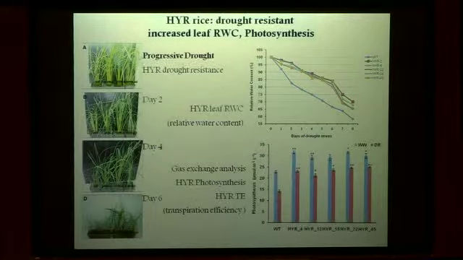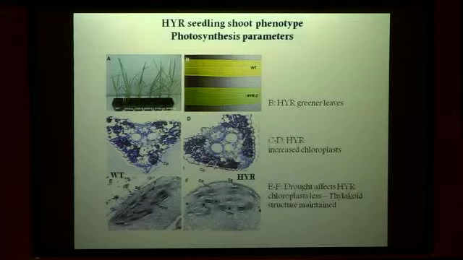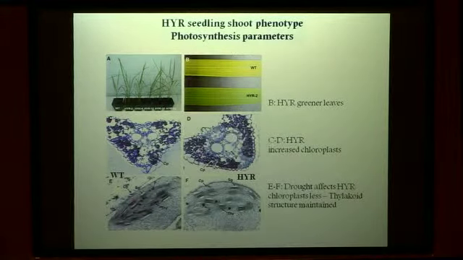What we also saw is that during both drought and well-watered conditions, the photosynthesis of these HARDY lines was increased. So photosynthesis was maintained in these HARDY lines under drought stress. The phenotypes of these lines seem quite interesting. What you see here is quite simple to see: the HARDY lines have increased